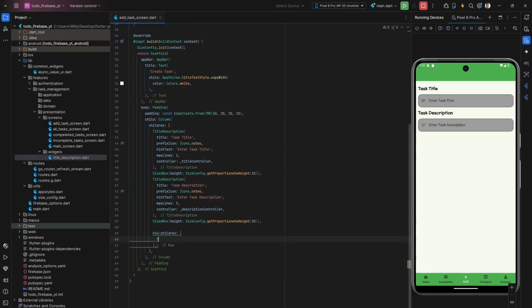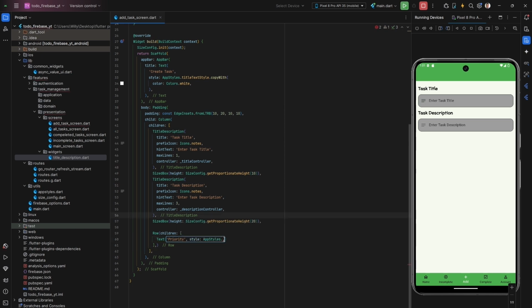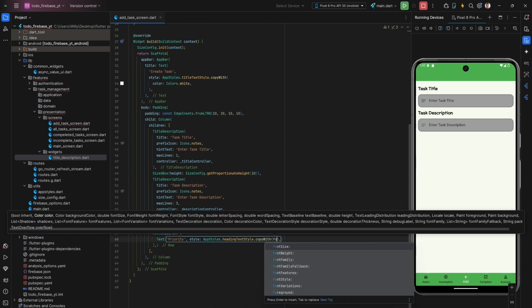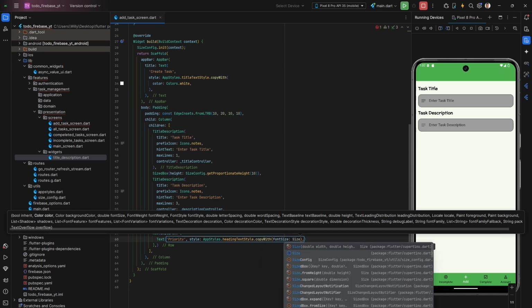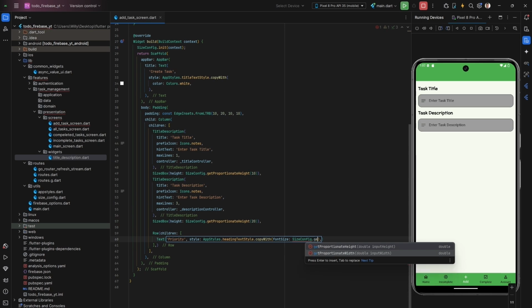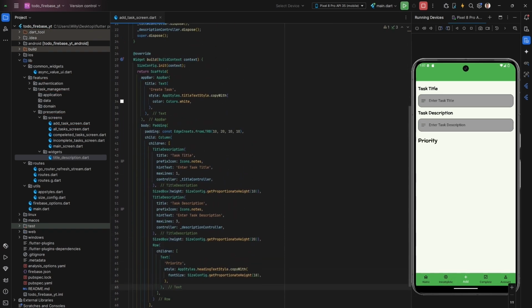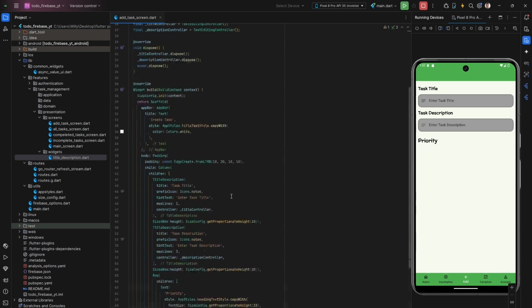So the first child will be a text, a text that says priority. I'm going to give it a style of app styles dot, so this one is a bit bigger, heading text style, dot copy with font size of size config dot get proportionate height of 18. For priorities, we have 3 different priorities, and those priorities I'm going to put them